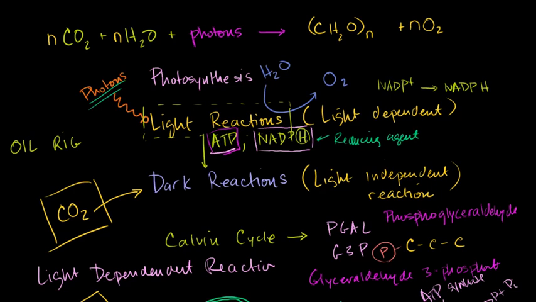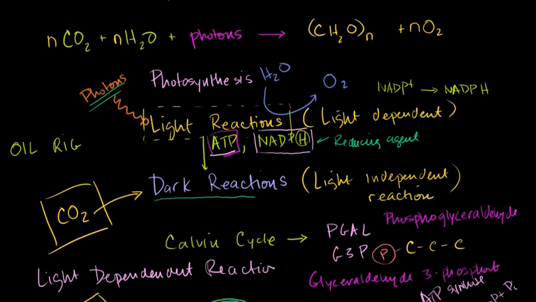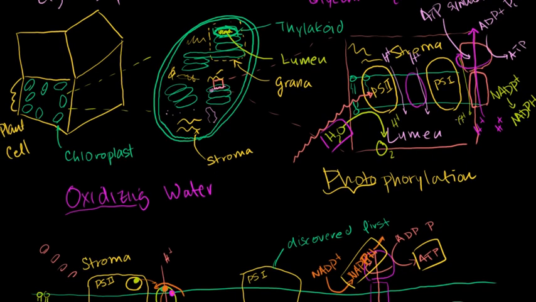I think we're now ready to learn a little bit about the dark reactions. But just to remember where we are in this whole scheme of photosynthesis, photons came in and excited electrons in chlorophyll in the light reactions. And as those electrons went to lower and lower energy states, we saw it over here in the last video, and all of this was going on in the thylakoid membrane